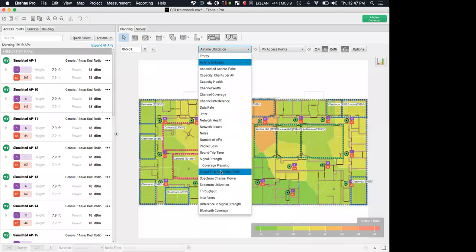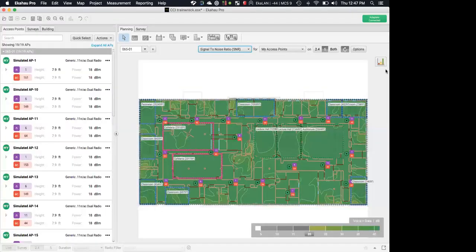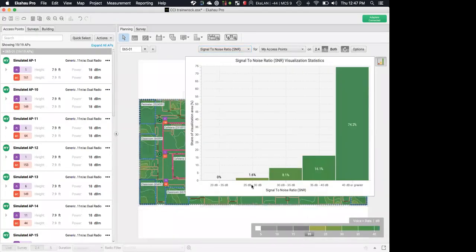So if we know what our SNR is, and we know that we have a minimum SNR,